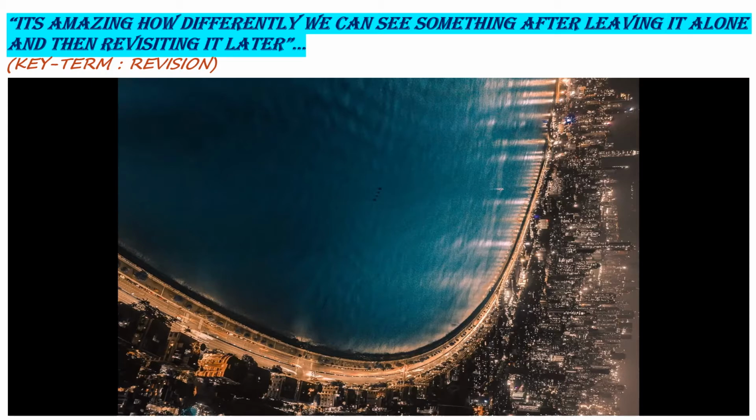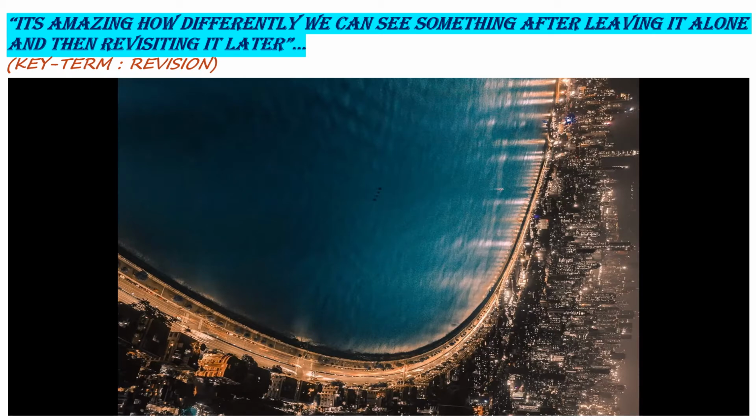So the key term here is revision. So friends, till now we have discussed up to form number 19 and its relevant sections and rules. Okay, so today it is the turn for form number 20, and the key term in form number 20 is revision, and that's why I have given here this beautiful thought. That means in a literal way, we can compare.